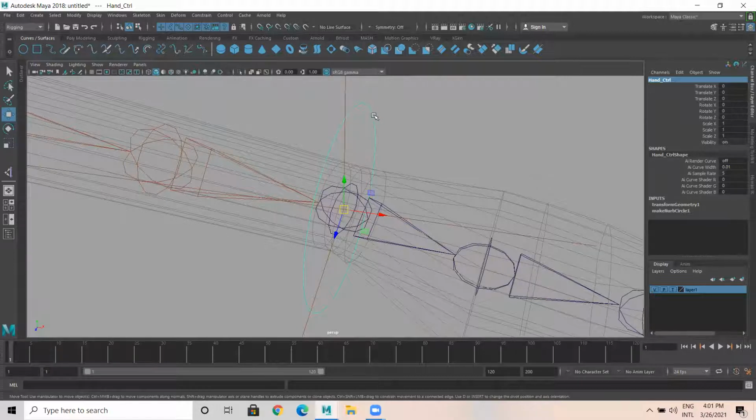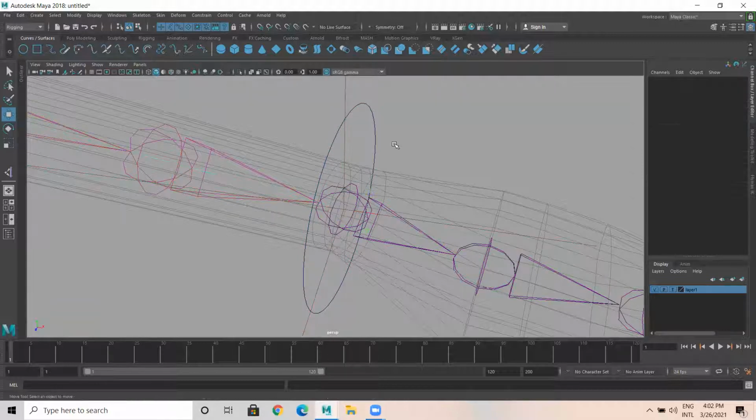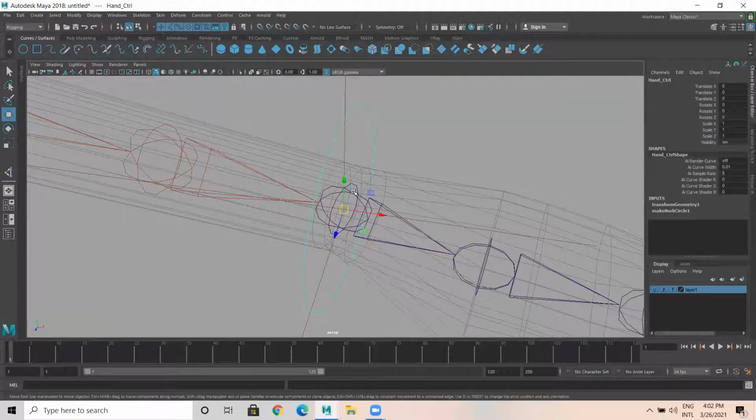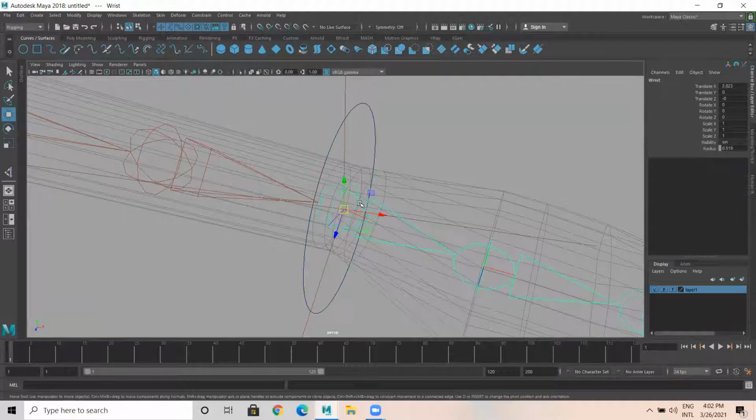So what I want is the logic here. It's all logical. When I move this curve, I want my IK handle to move along with the curve. So I don't want to do parenting for the IK handle.